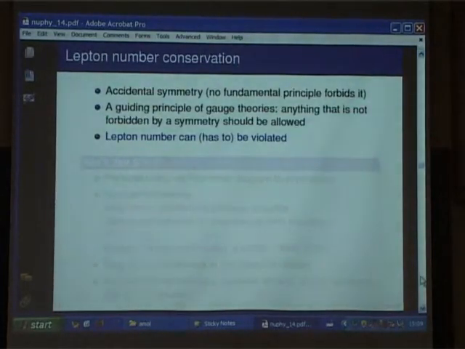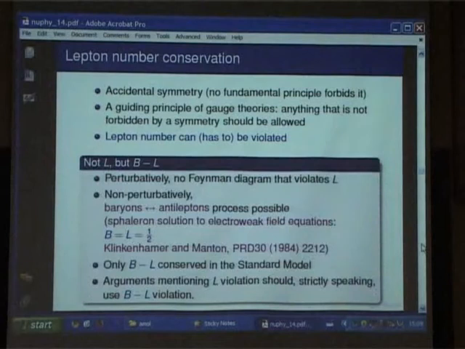This is something that we went to last time, so I will not spend time. You see, lepton number in principle can be violated in the standard model. And the caveat is that although I say lepton number, actually what I mean is B minus L, baryon number minus lepton number. The reason is because